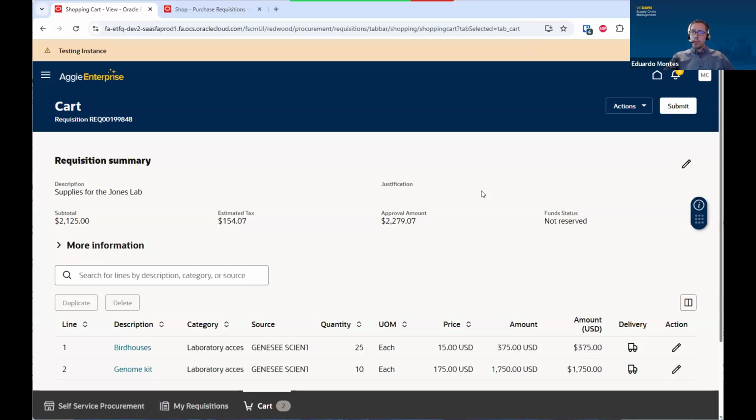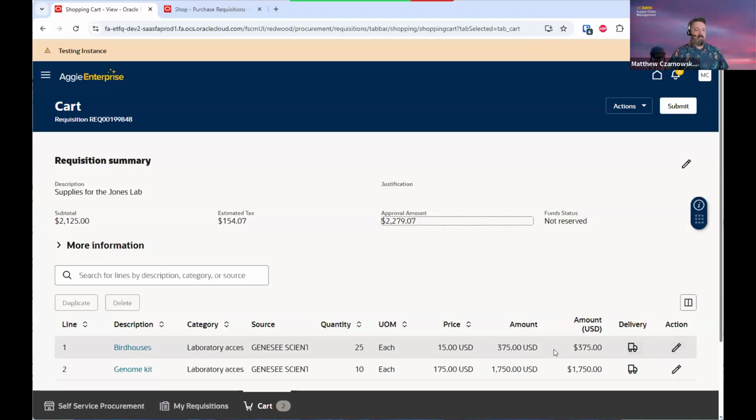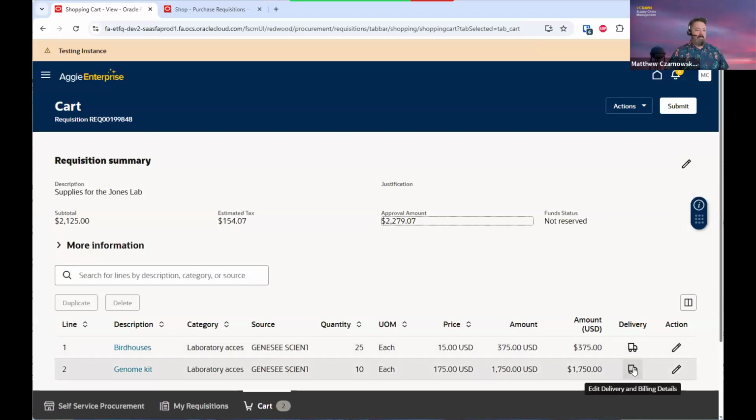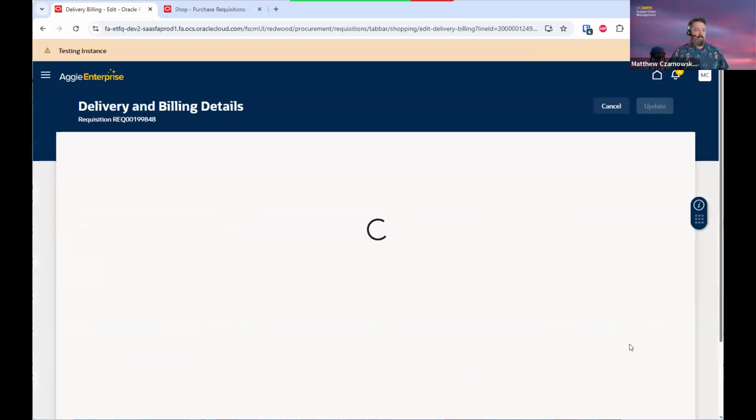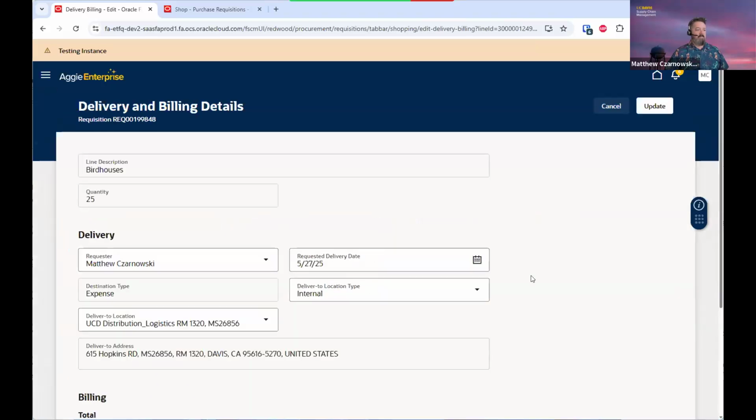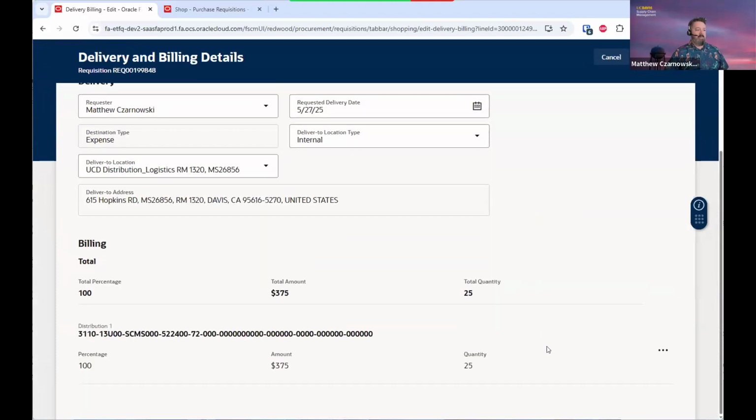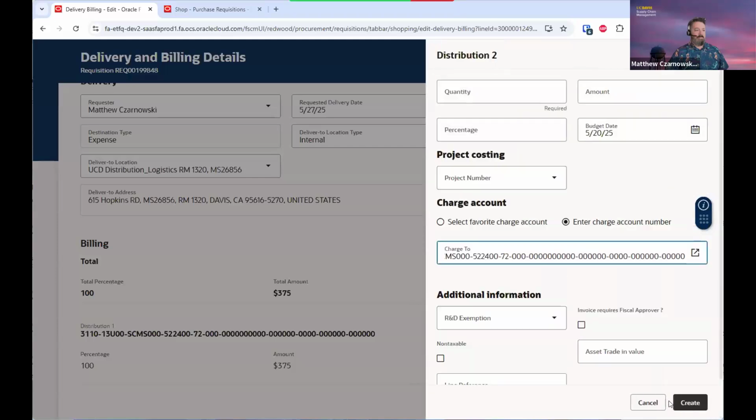Order requires a split cost between two accounts. You want to show that one real quick? The split. Oh, so if you go into the delivery, yeah, sure, we can go to, if you go into this one, delivering and billing info section for the line, and you come down here, and then you have to click on the ellipsis. I admit, not the most straightforward take action indicator. You have edit or split, and you can hit split here, and then you'll be able to